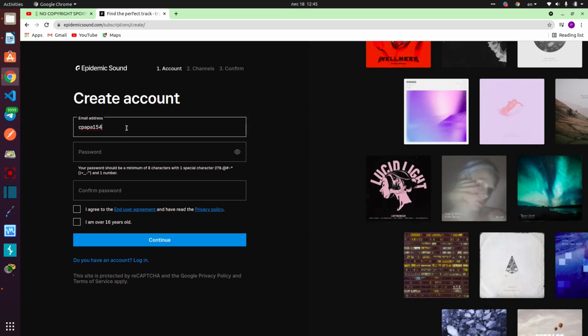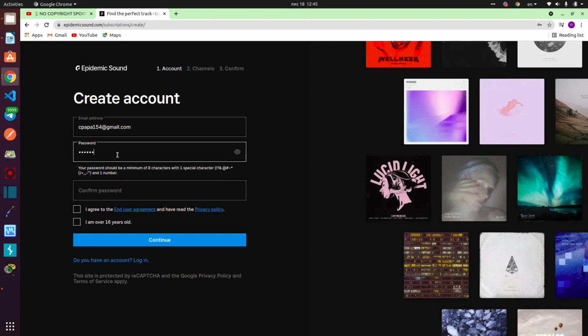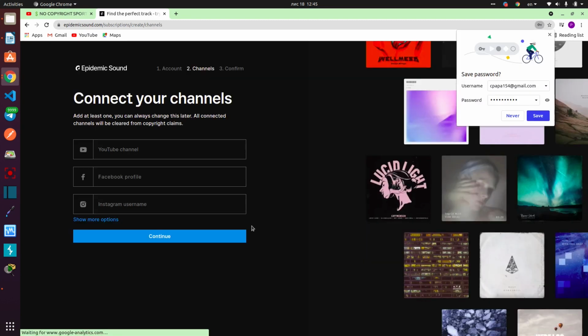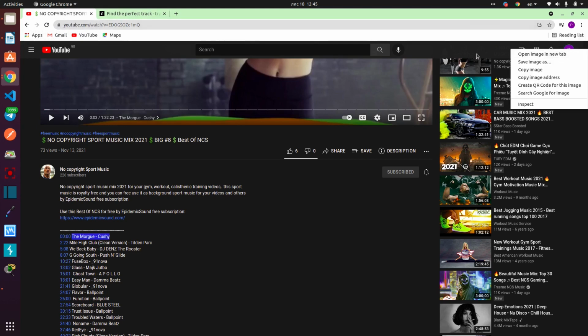Okay, gmail.com, then password, strong password. I agree, I'm over 16, continue. Okay, save if you want. So then you should link your account